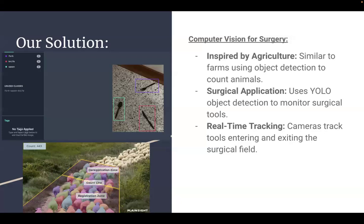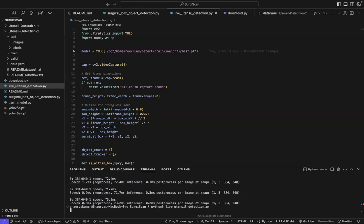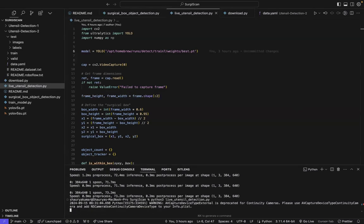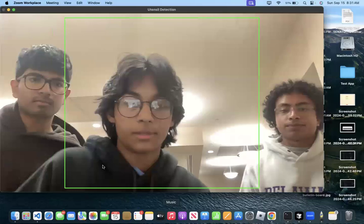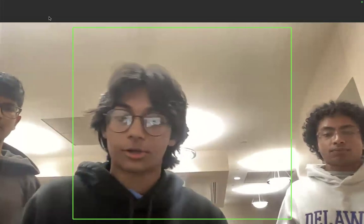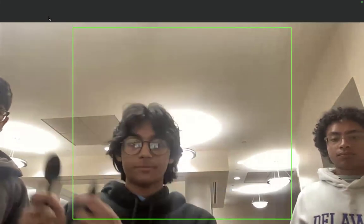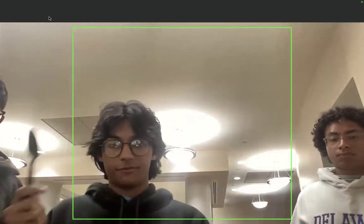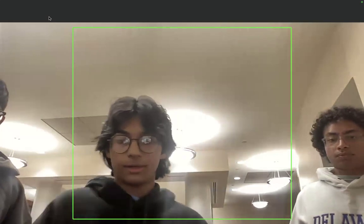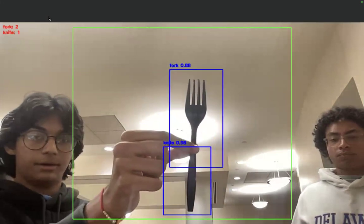In order to better demonstrate this, I'll run and go over the live demo of our script. So if I go here and I enable the script, so as you can see, this is what pops up, and the rectangular green box is where the procedure will be positioned in. And with my so-called medical instruments here, I have my knife, my fork, my spoon, and my fork. If I were to position it within the frame, you would see that the model would be able to